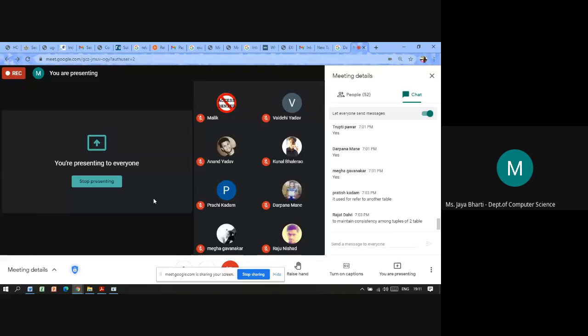So please write down this query and put it in the chat box. How many constraints have we put? Three. One is the primary key for EMP-ID. Then there should not be any null value for employee name, and the salary of the employee should be between 20 to 30,000. So these three constraints you have to put. Write down the query and put it in the chat box.